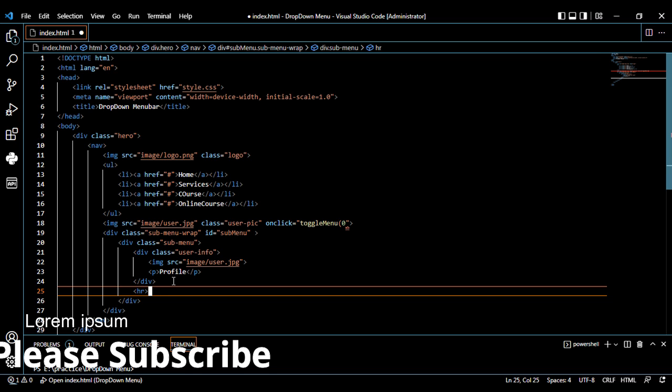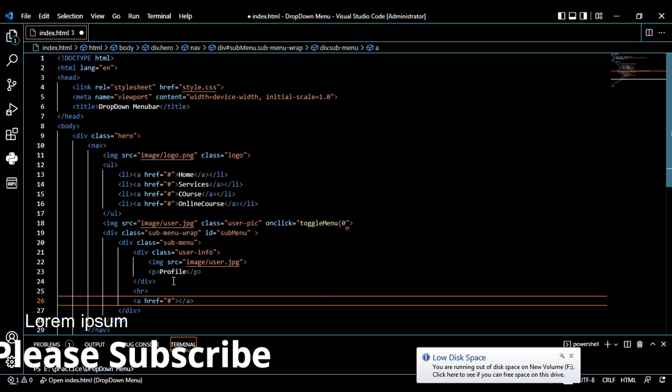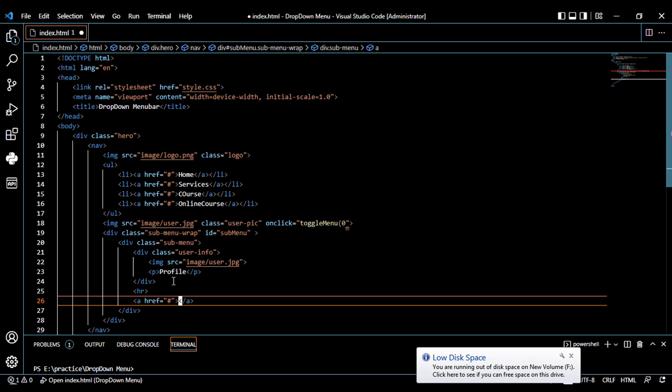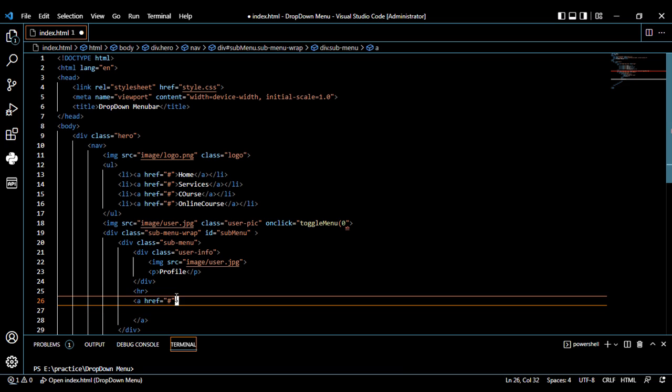So under this hr element we can write an a tag element, and for this one href is number, and inside this div element we can make a second submenu. For this one we can enter inside this. We should write inside here class should be equal to submenu-link like this one,